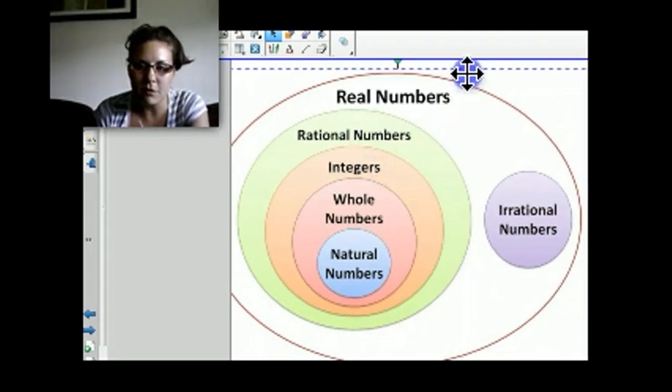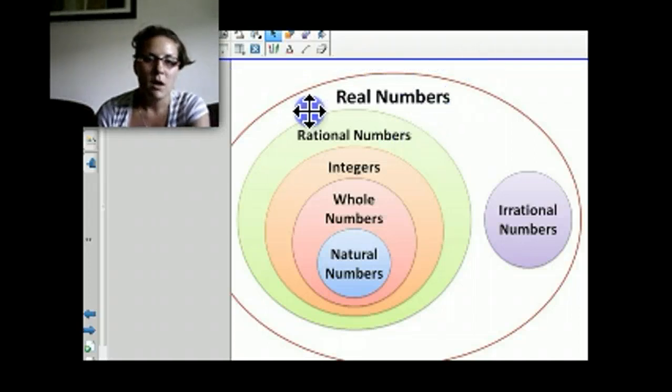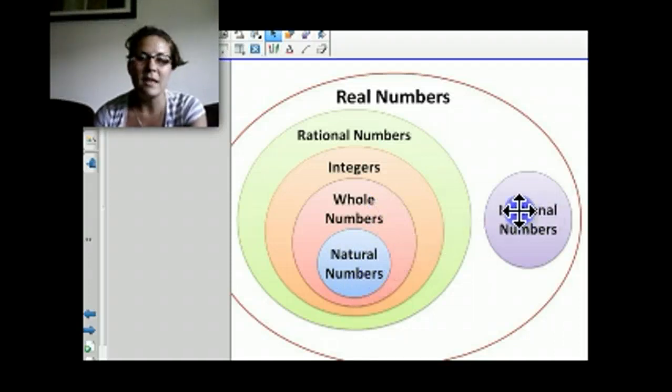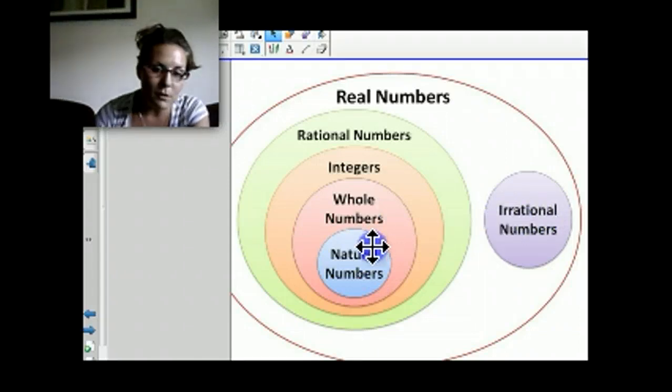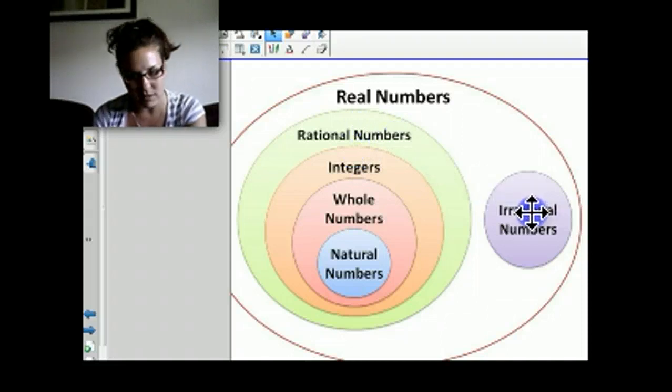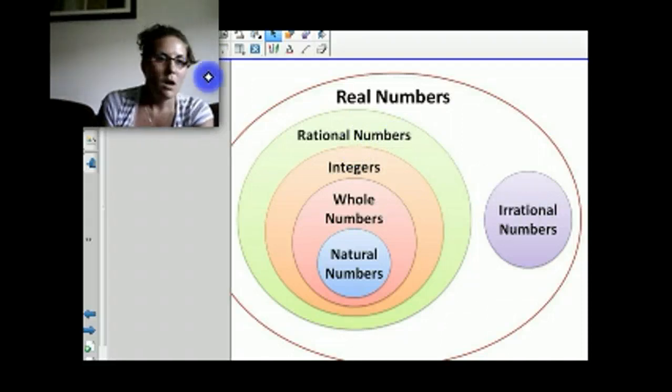So, to give you a visual, the real numbers consist of all of the number types we've just talked about. Rational numbers are the biggest subset. It includes all the integers, all the wholes. The natural numbers are the smallest subset of the real numbers. And then irrational numbers are their own section. All the natural numbers are whole numbers. All whole numbers are integers, and all integers are rational numbers. However, irrational is the group that stands alone. Moving on,